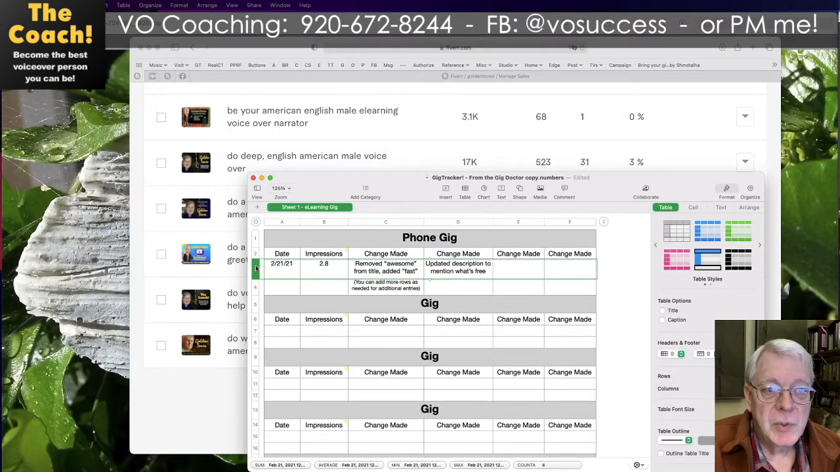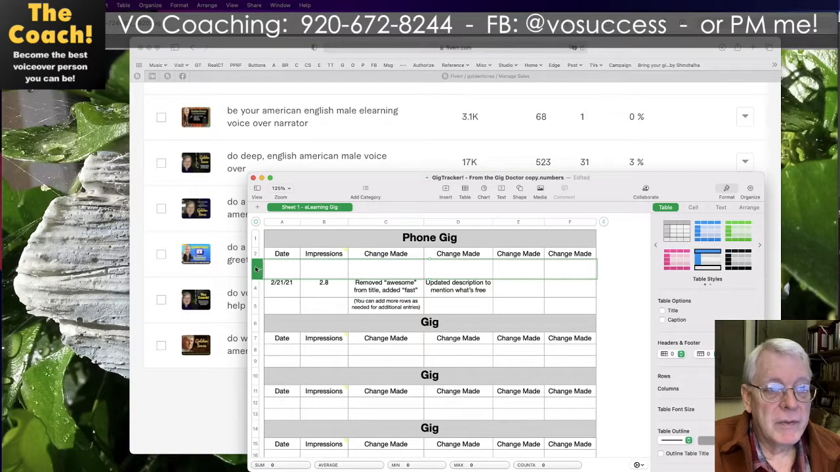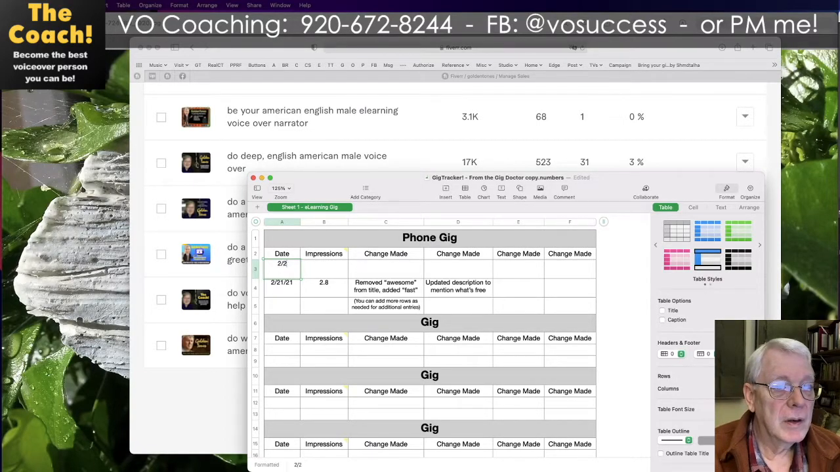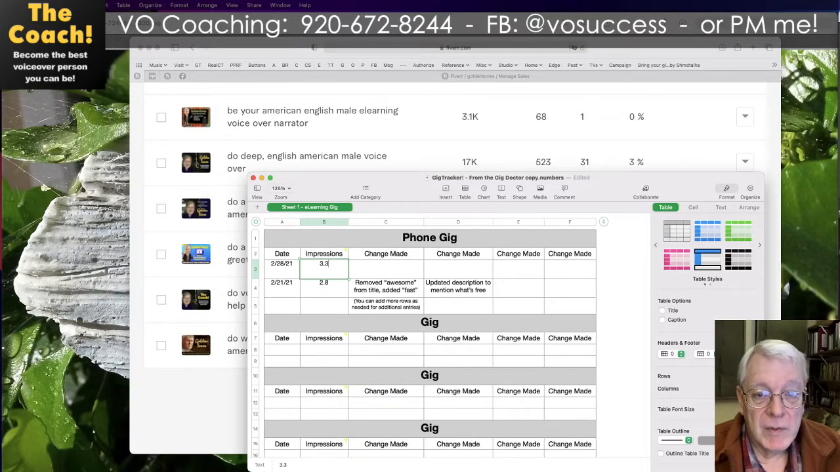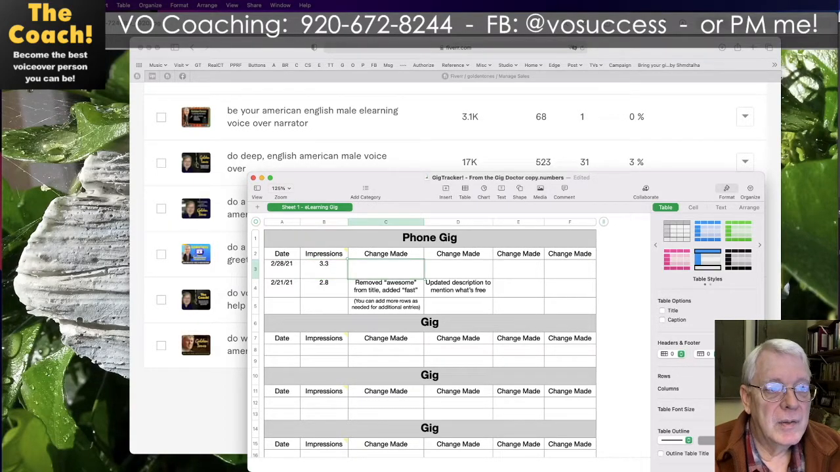And then the next week, all you would do is just add another row. I like to put the row above. Oh, I think I hit the wrong key here. Hang on. I like to put the row just above, like this, and put the latest thing at the top. And so you can do that too if you like. And then say like a week from then on the 28th, maybe your impressions are up to 3.3 or whatever they are, and you maybe make some other change,